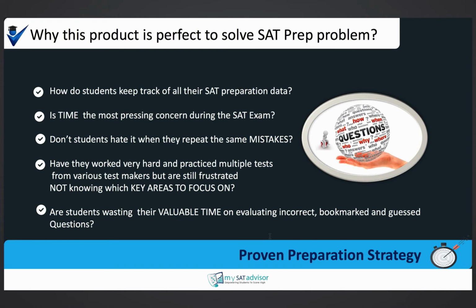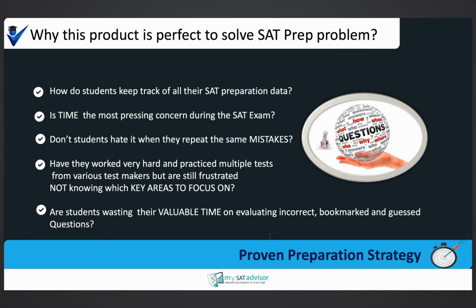One of the first ones is, how can we as students keep track of all our preparation data? A lot of times we have books lying around all over the place, and we have papers sticking out of our books, and we have sticky notes on our papers, and it's just a very haphazard way of keeping all our materials organized. So, how do we basically improve our organizational skills?